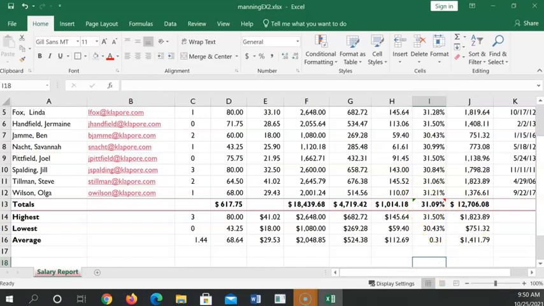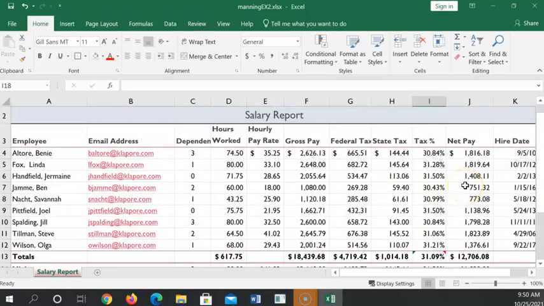Now, here comes an important concept. It's going to be a little hard at first. We're going to practice it a few times. We're going to do a thing. It's called conditional formatting. What we want to do is automatically highlight anyone that has worked more than